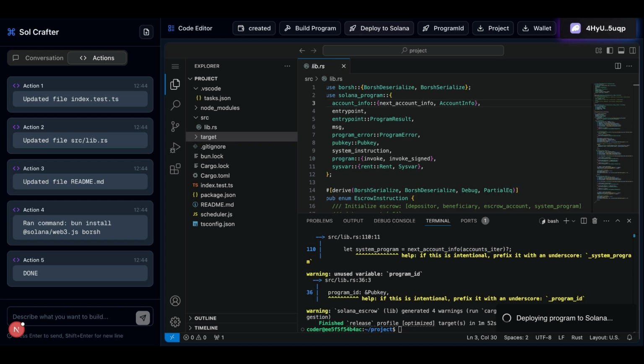So it's deploying. Let's wait. Okay, it's deploying. Yeah, it's deployed. Now we can get the program ID, and also